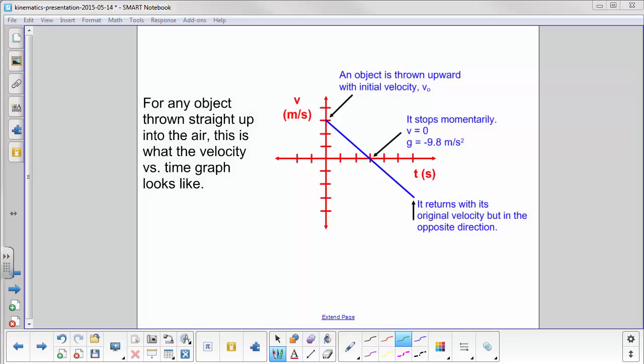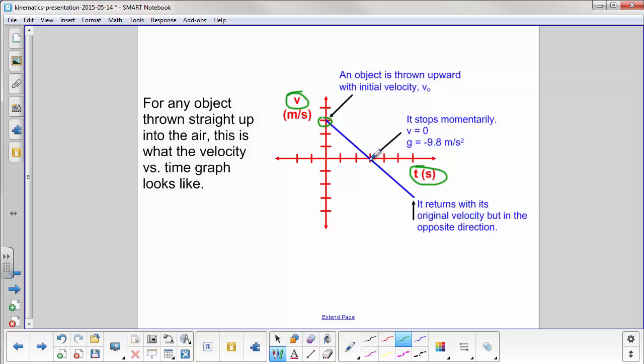One more way to look at this issue. For any object thrown straight up in the air, this is what the velocity versus time graph looks like, or in short, the velocity time graph. We have time over here on the x-axis, and we have velocity on the y. The object starts, it is thrown upward with an initial velocity of v0. That's right over here. Immediately it starts slowing down until it reaches its maximum height where its velocity is 0,